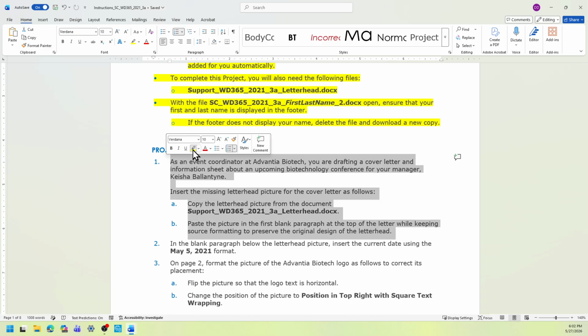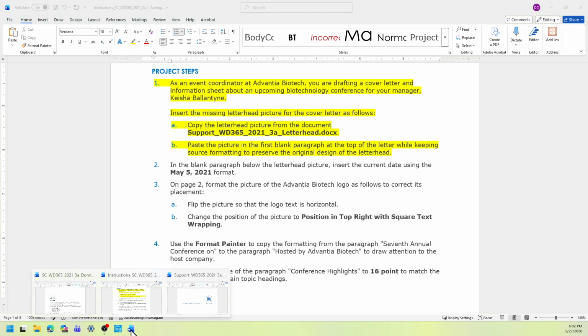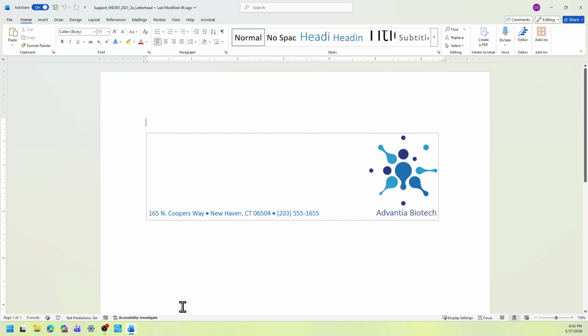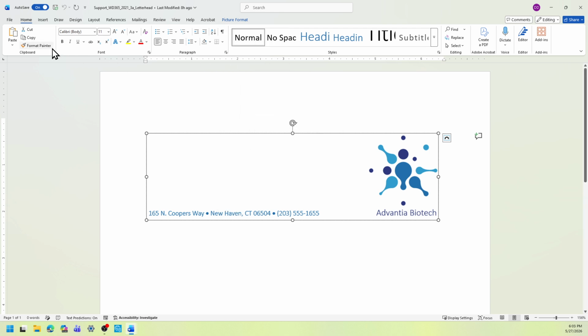I'm going to highlight that because I'm going to complete that at the same time. So first, open your support file, click, and then copy. You can right click copy here, or you can go to home and click the copy icon from the clipboard group and the ribbon.